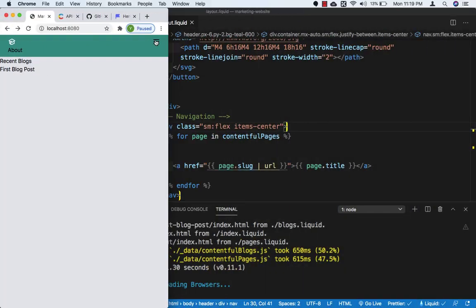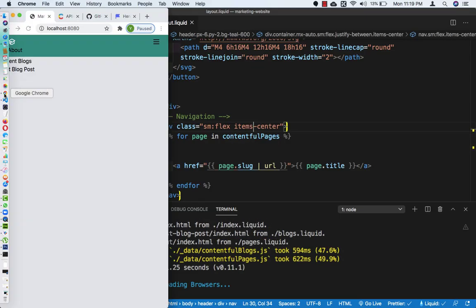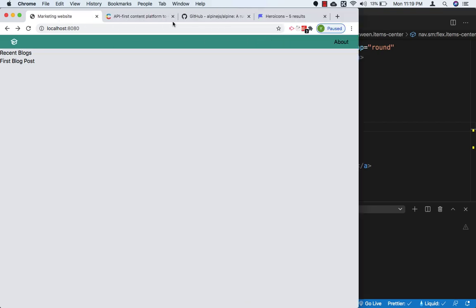Now if I am in the mobile version, we need some interaction. If I click, this should be hidden. Let me do items-center. Save this, it is items-center. Now we need some interaction, like if I click here, this navigation should open, otherwise it should be closed. So for that I'm using